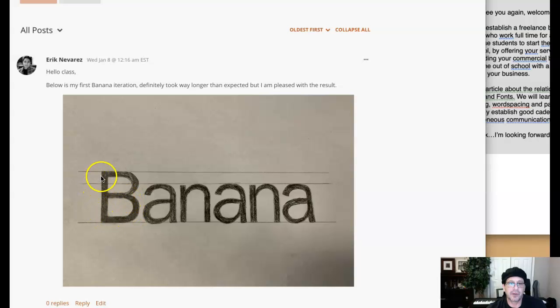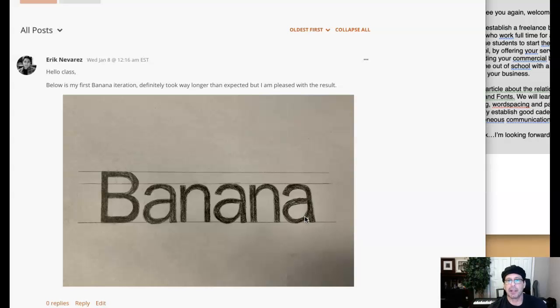Okay, then take a softer lead and go in and fill it in to establish that good, nice, solid contrast. Okay, as far as the letters themselves go, I touched on this a little bit earlier, but you really want to shoot for consistency. And I talked about the level